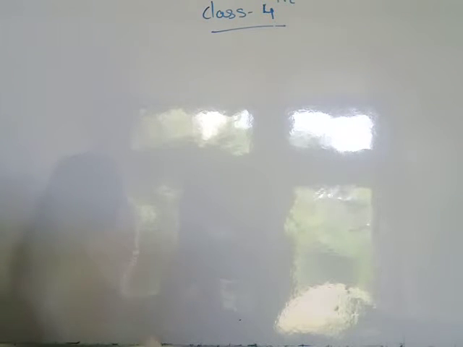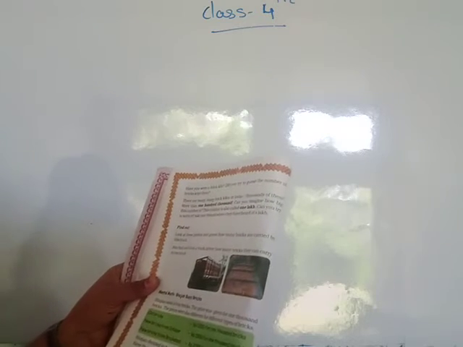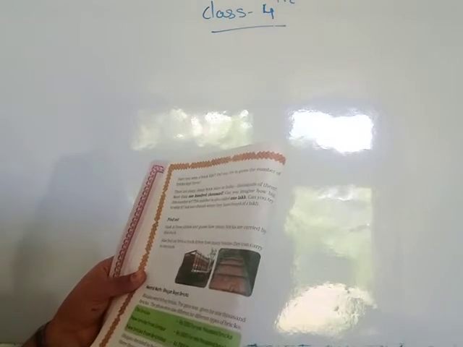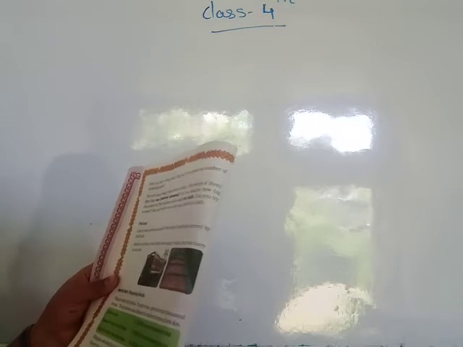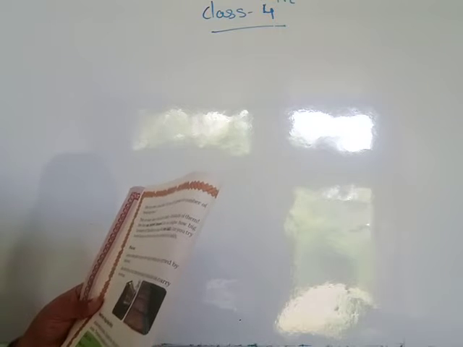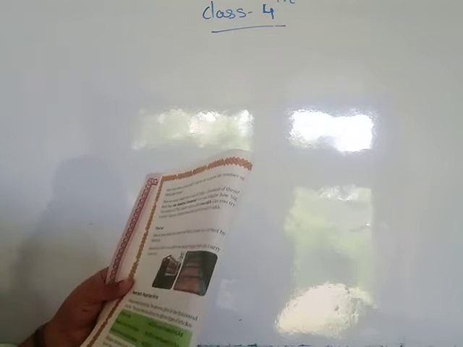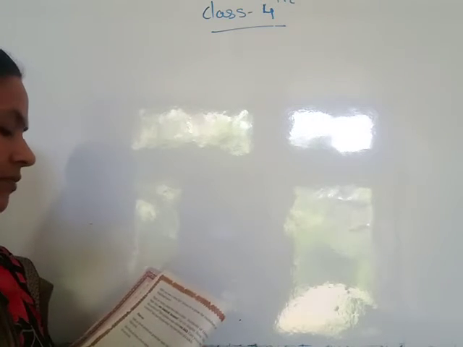Next one, see here, only one page remains, page number 12. Have you seen a brick lane? Did you try to guess the number of bricks kept there? See, there are many brick lanes in India. Thousands of them, more than 100,000. Can you imagine how big this number is? This number is called 1 lakh.